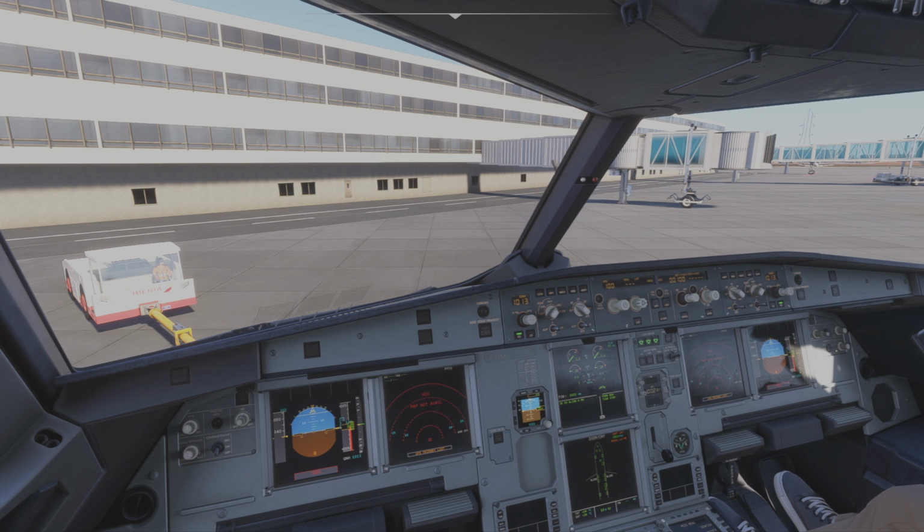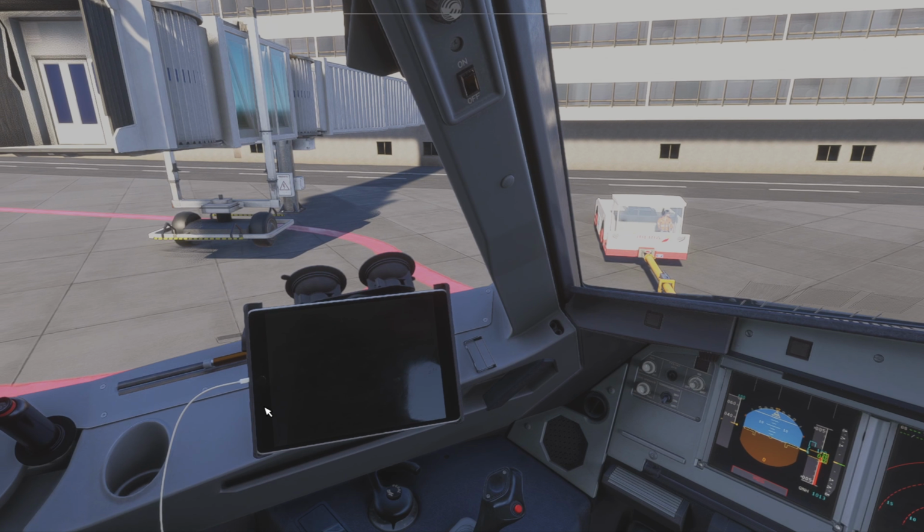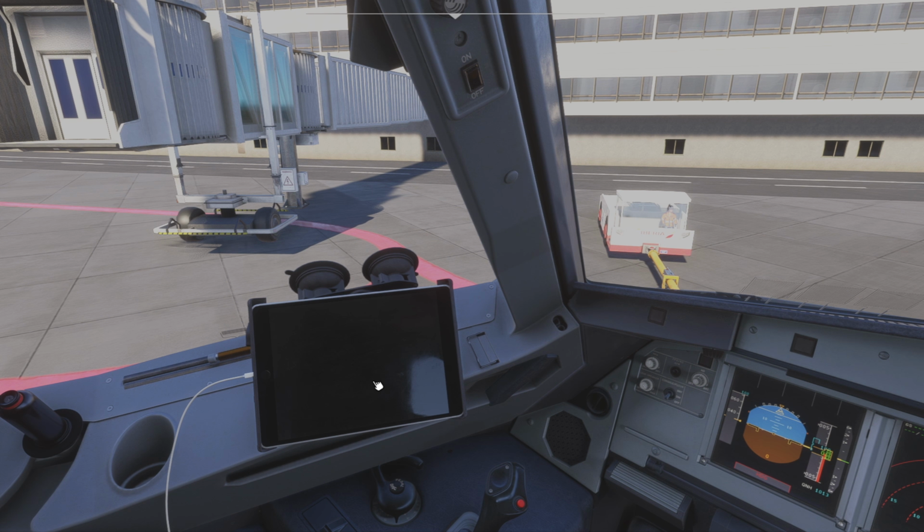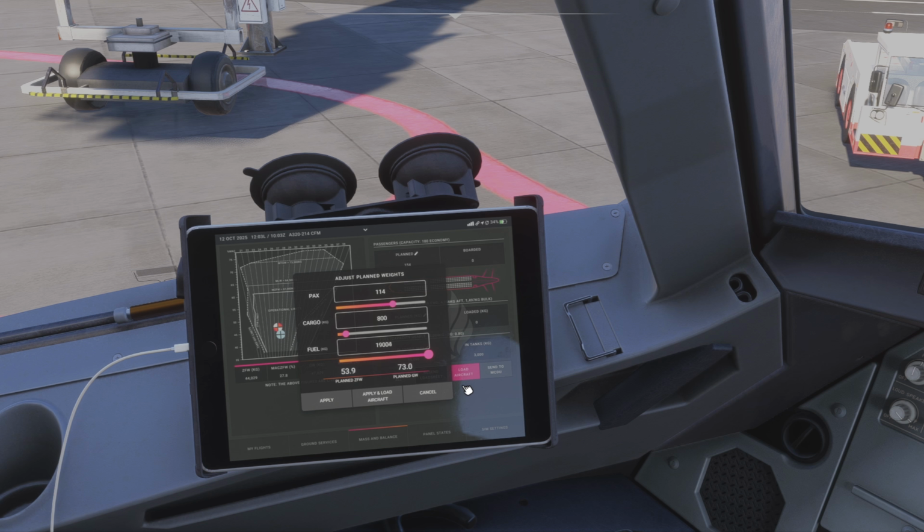So today we are going to be doing quite a long flight. This plane is going to be quite packed on fuel. Just turn on tablet here. So we're going to be going pretty much full on fuel here because we're going to be going to Cairo in Egypt. We are currently in